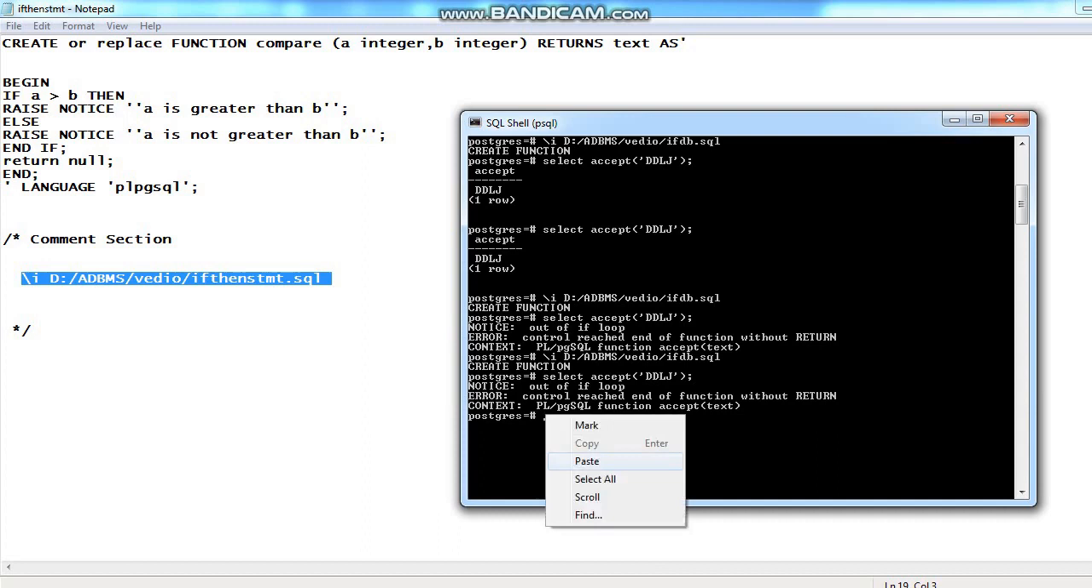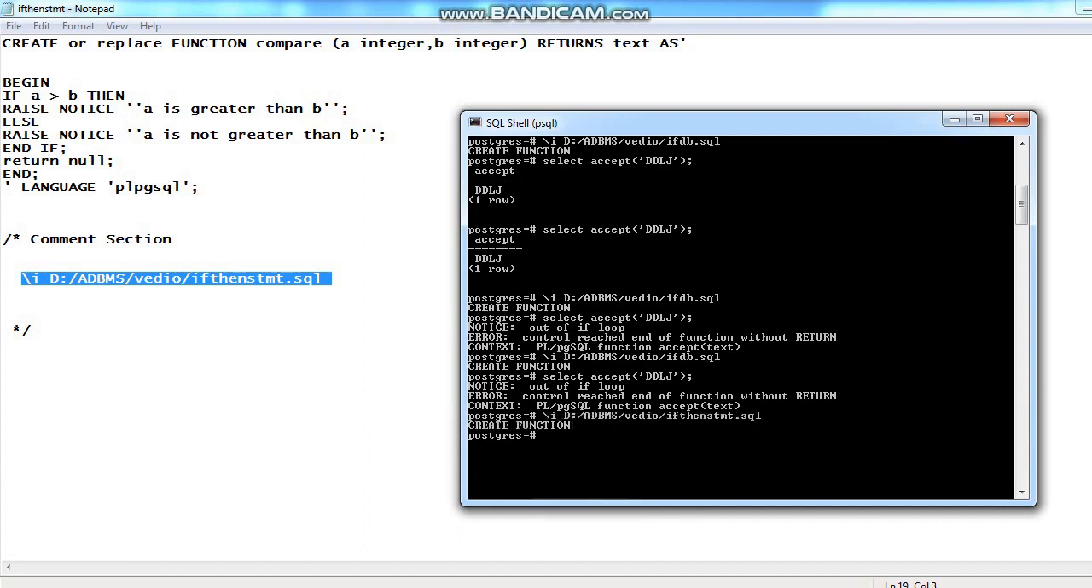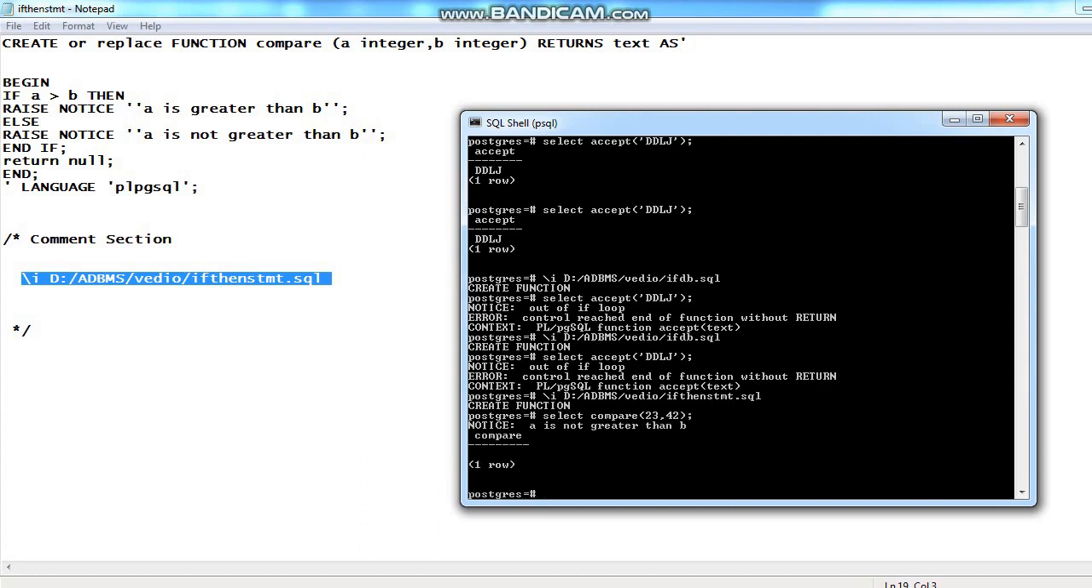Right click and paste. I am going to enter, create function, call the function. Select the function name, compare. Okay, a and b values I have to pass, that is 23, 42 suppose, and semicolon enter. So here you can see a is not greater than b. Which part is executed? The else part is executed, and at the run time I have passed the values 23,